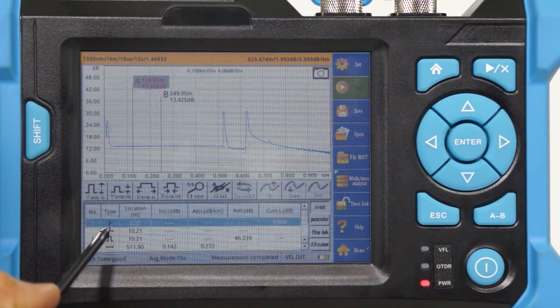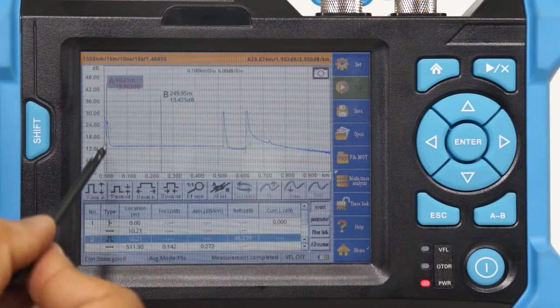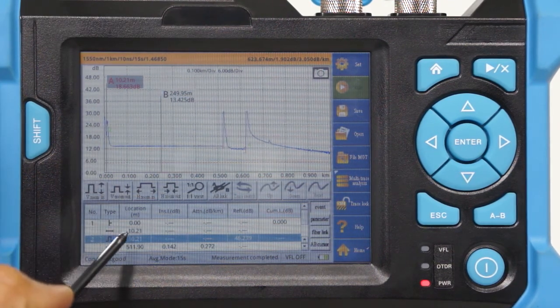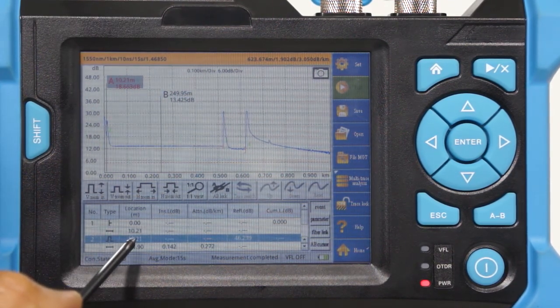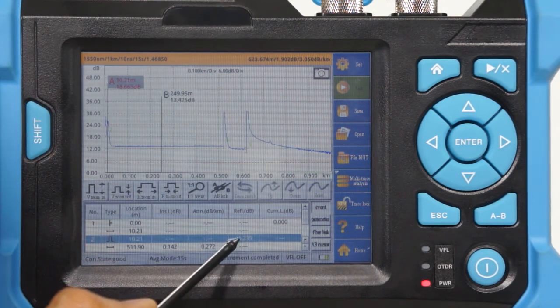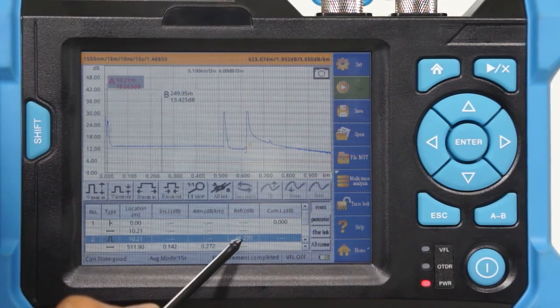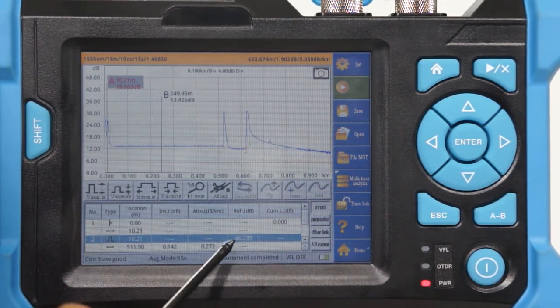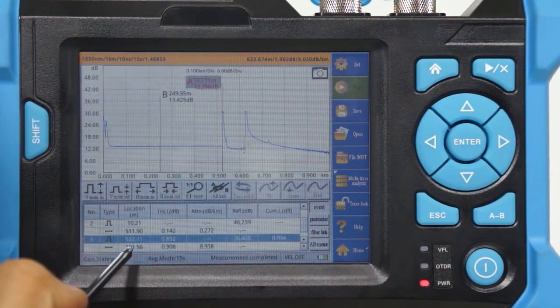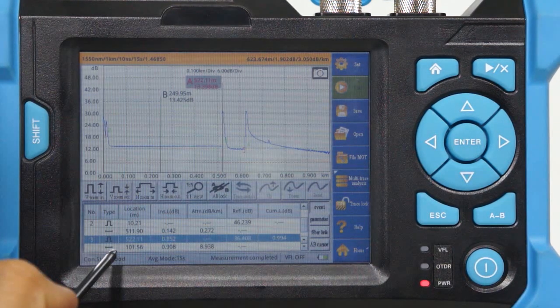In this trace, event number 1 is the initial event indicating the starting point of the fiber. Event number 2 is a reflective event at 10.21 meters, which is because of the adapter that we have inserted, with a reflection loss of 46.2 dB. Event number 3 is again a reflective event at a distance of 522 meters, which is because of the connector in the link.